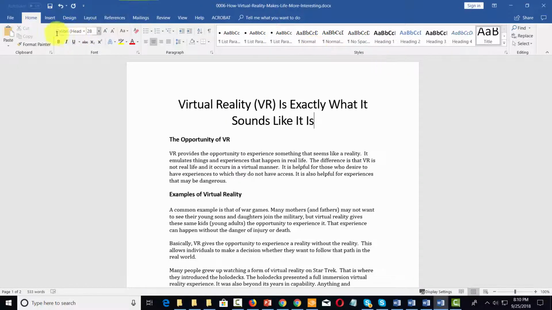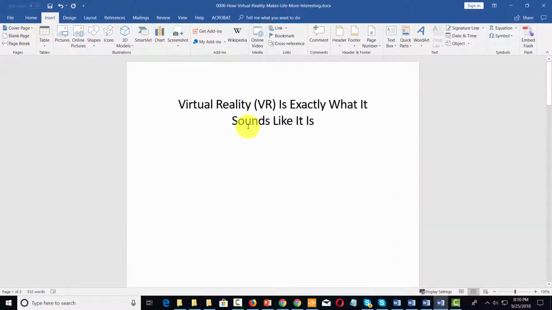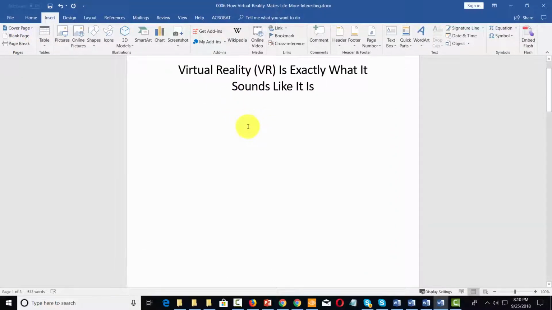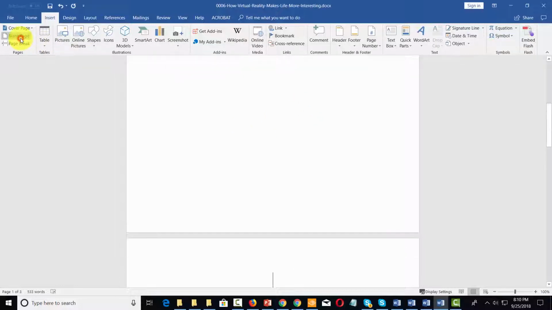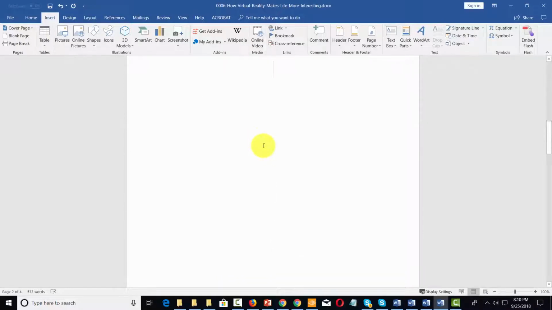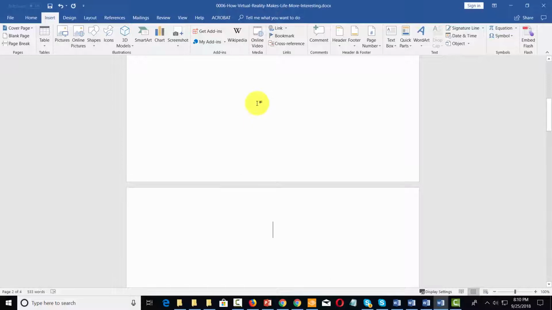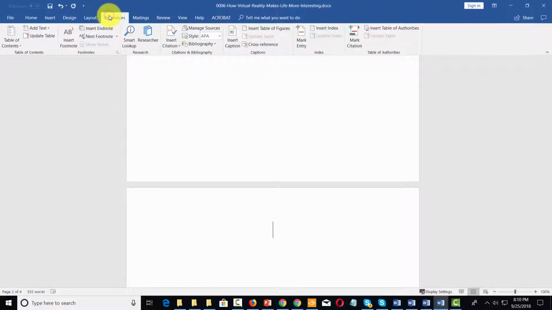What we are now going to do is insert a page break. So we now have a title page. We're now going to insert a blank page. So now we have our title, we have a blank page, we have our content. The reason we did that is we want to come back to our references section, and we want to insert